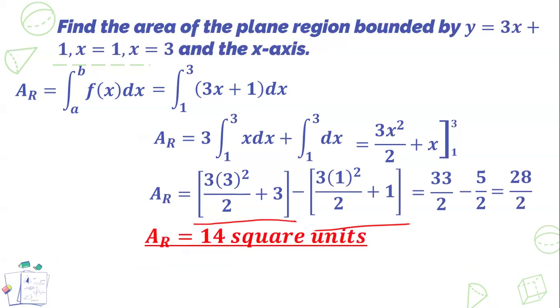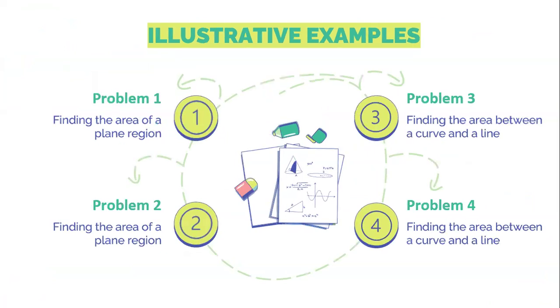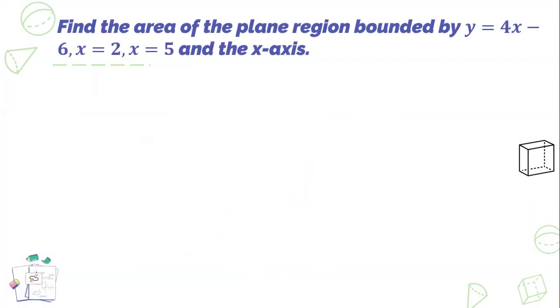So you see how accurate, how we get the exact square units. We have observed that a while ago in the graph, and it's obviously 14 square units. So this is how amazing Riemann integration is. So we have applied integration in getting the area of a plane region. Let's have the second example. So we are still on finding the area of the plane region on case 1. Let's have problem number 2.